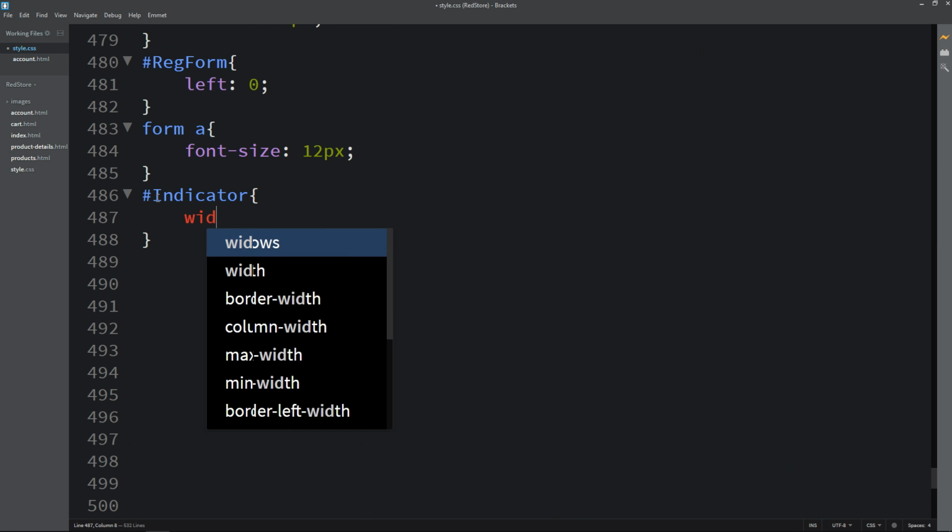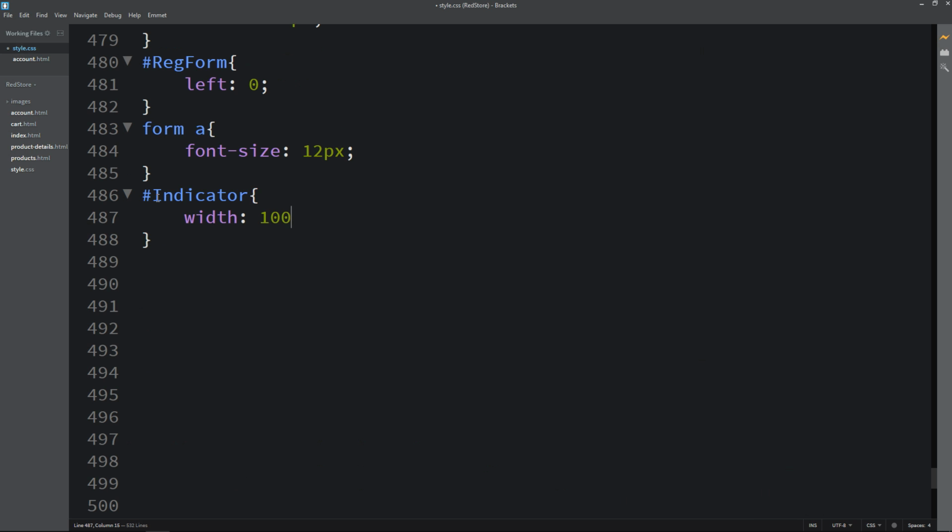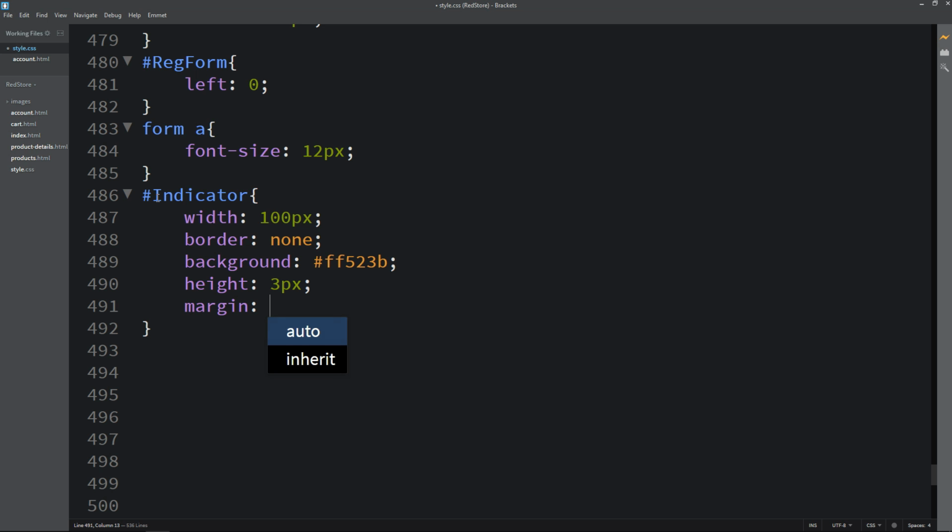For this one we will set width, it will be 100 pixel, then border none, and background this color code, and we will add height. So it is 3 pixel.